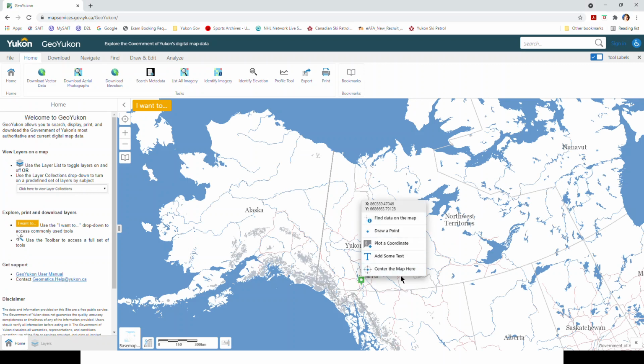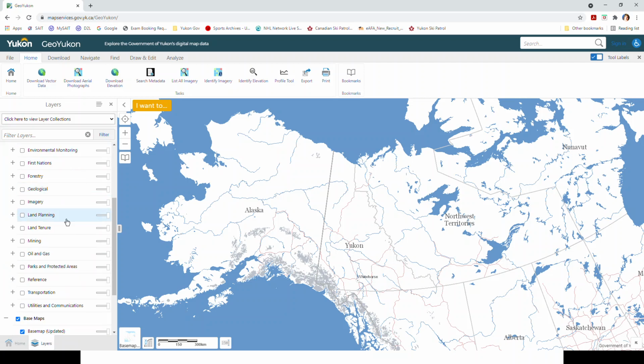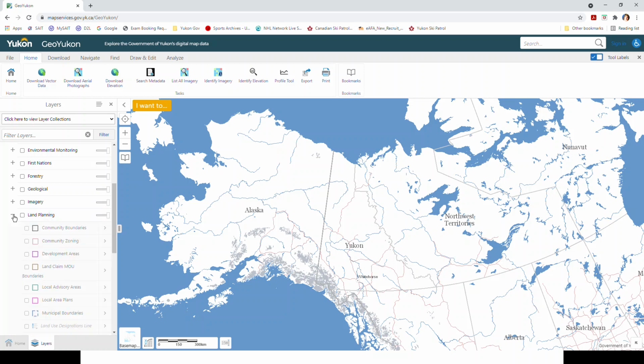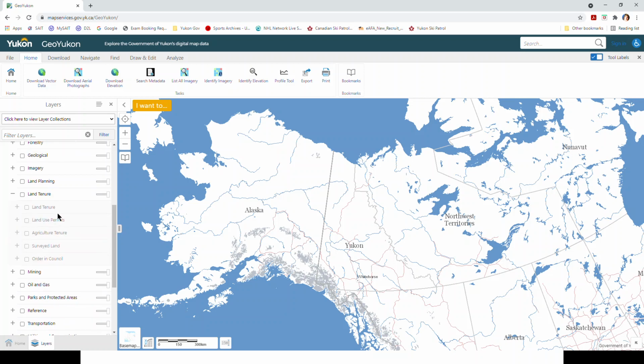Okay, next up, we're going to identify imagery. I just right-click there, but we don't have any layers present, so there's not really anything to identify. So why don't we do that same example, but I'll show you a different way of getting information. So under the land tenure, and again, this just comes with trial and error and figuring out how and where to locate these layers. We'll toggle that on,